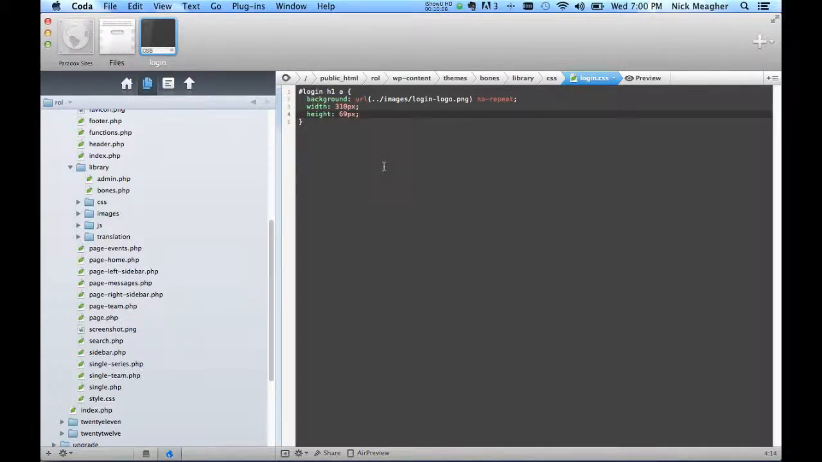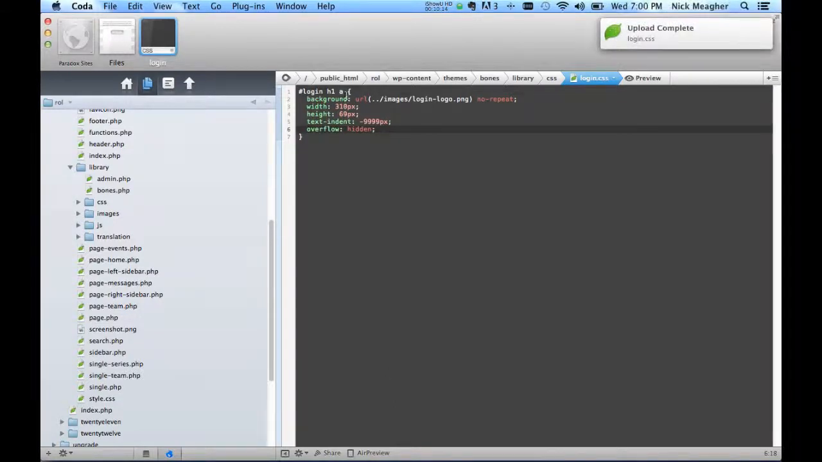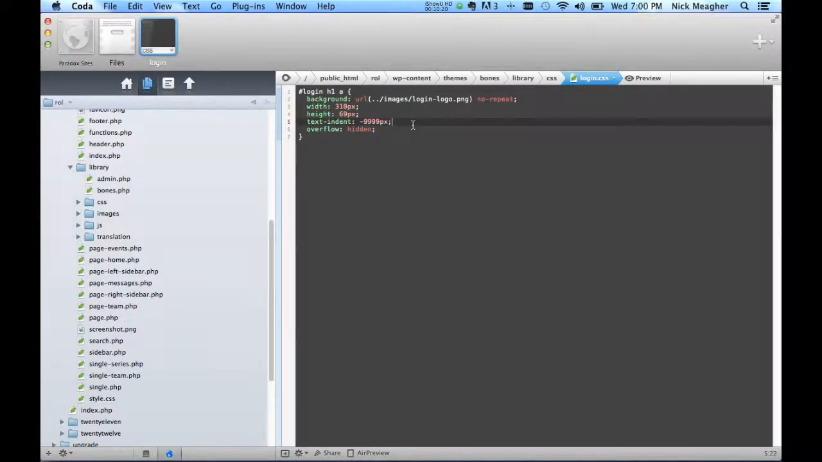So yeah, just for good measure, I'm going to do text-indent -9999, overflow hidden, and that means if there's any text in the A tag, let's keep the overflow hidden, and let's make that text -9999 pixels away from the image. We're also going to do display block,